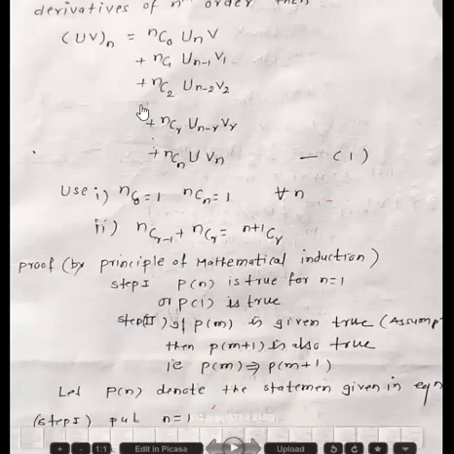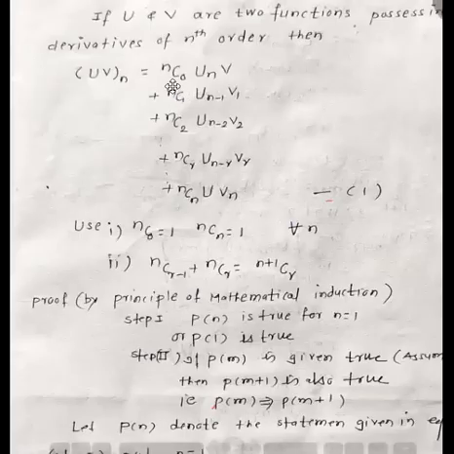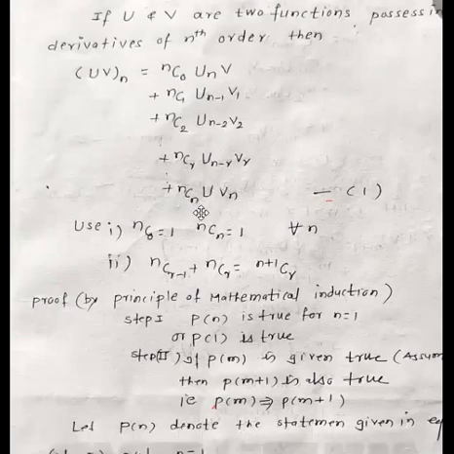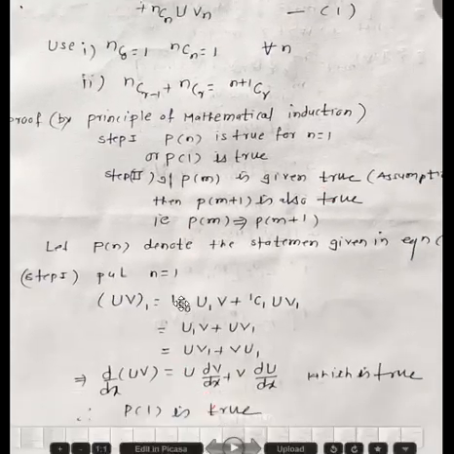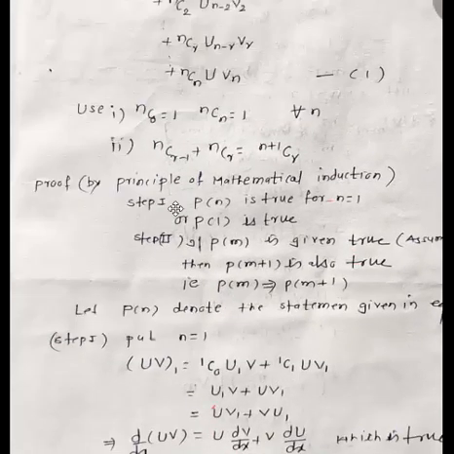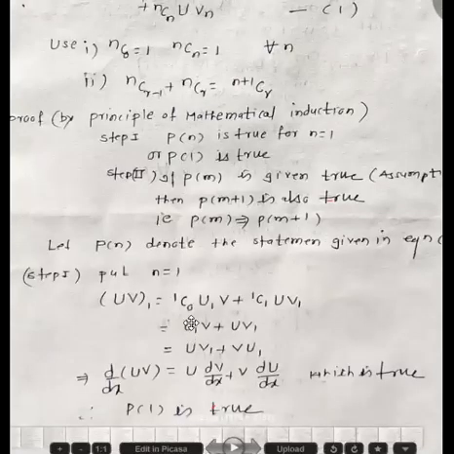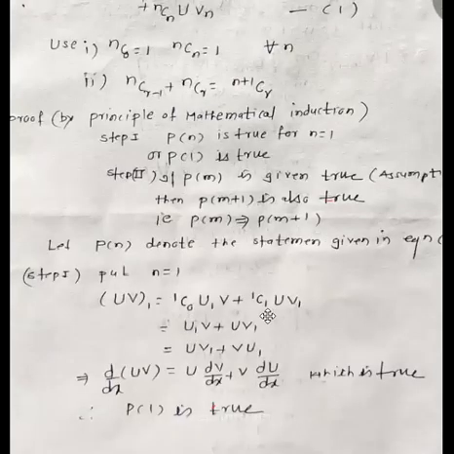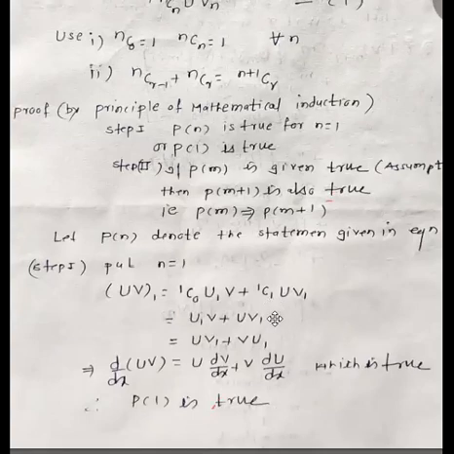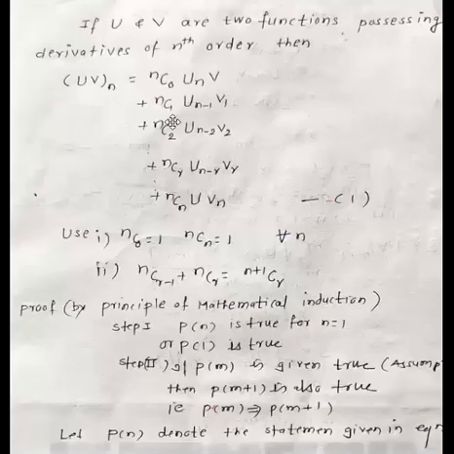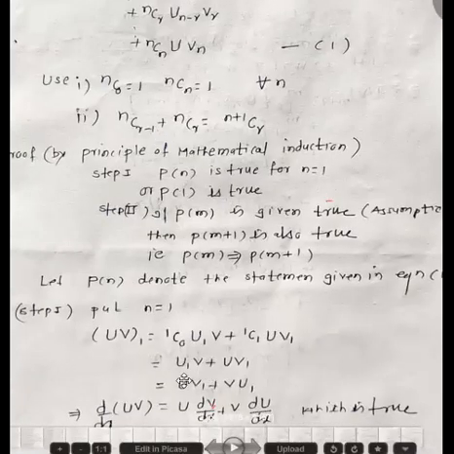The first derivative of u into v is given by: the first value is here 1c0. It begins with 1c0 because n is 1, and the last will be 1c1. Look at the terms nc0, nc1, nc2. So we begin with 0 and go up to n. N is 1 here, so 1c0 and 1c1. There will be only 2 terms. Now here n is 1, so we get u1v.